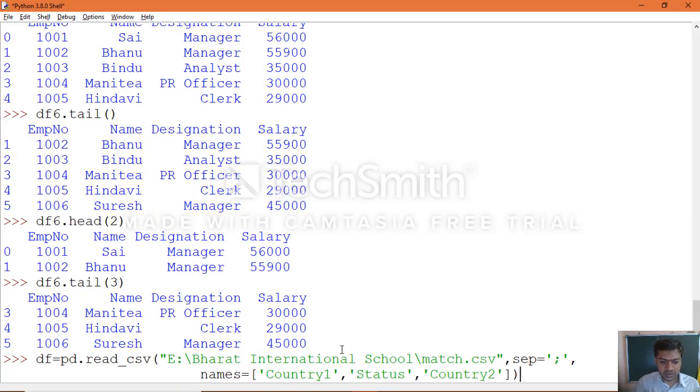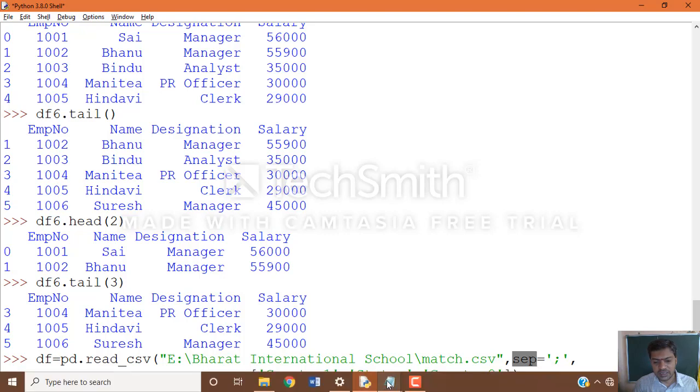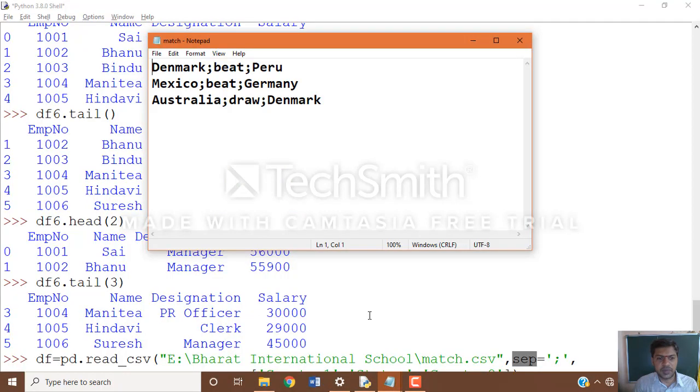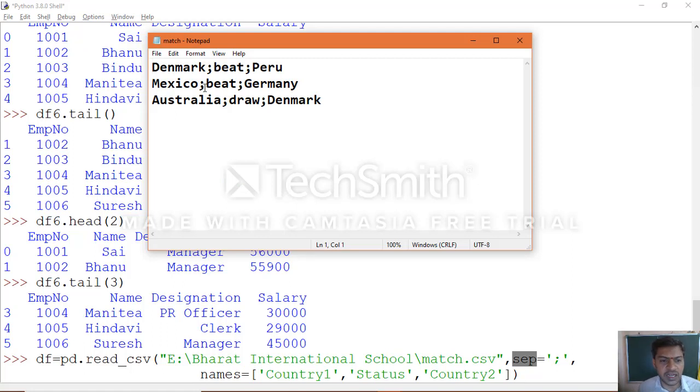Create the data frame object. Okay, and you specify along with the file path argument, that is a separator semicolon. Okay, semicolon. So you can just look at your CSV file which contains the separator. So earlier, so far whichever we learned, we used to use a comma, now we specified the semicolon between the values. You can see semicolon. Now we separated the values with the help of the separator called semicolon. You can see all the rows, all the values which are separated with semicolon.